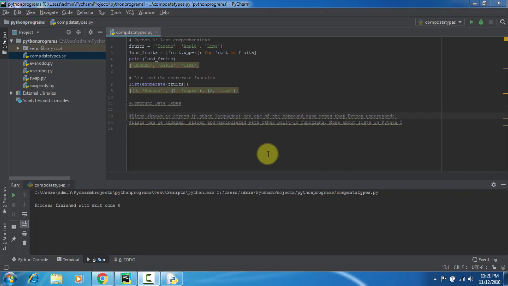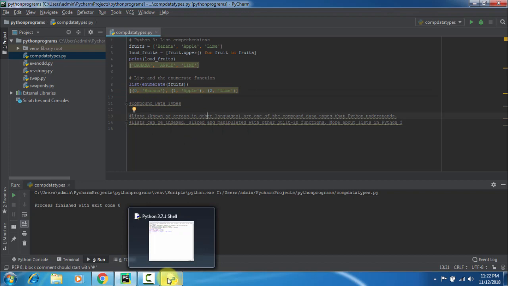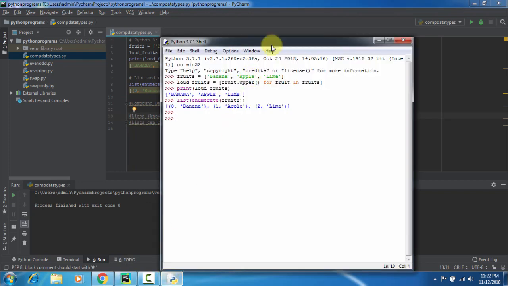Predefined functions are written in Python language, which we can use for similar purposes. I can also explain the enumerate function. Let's write the functionality of